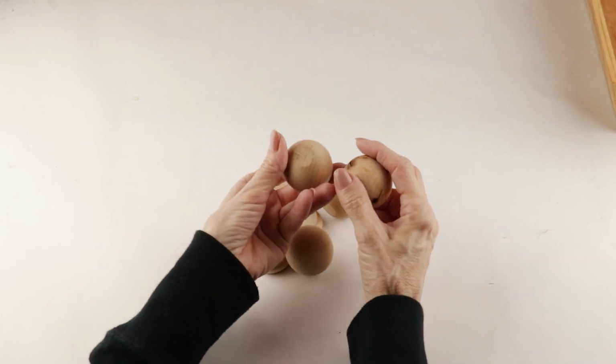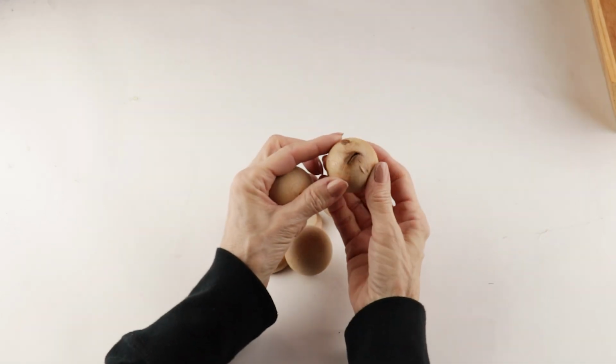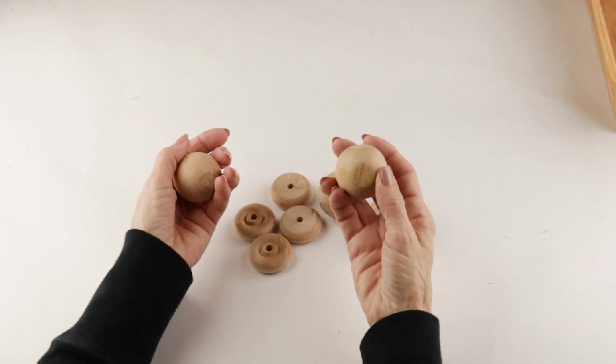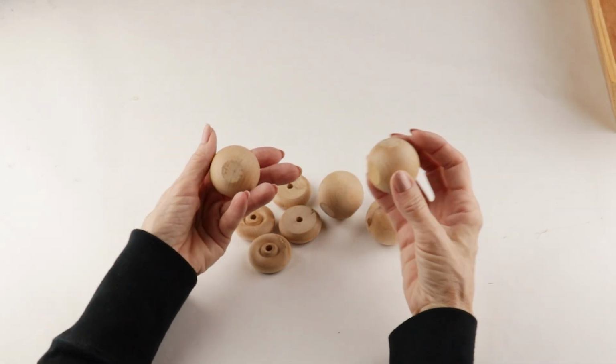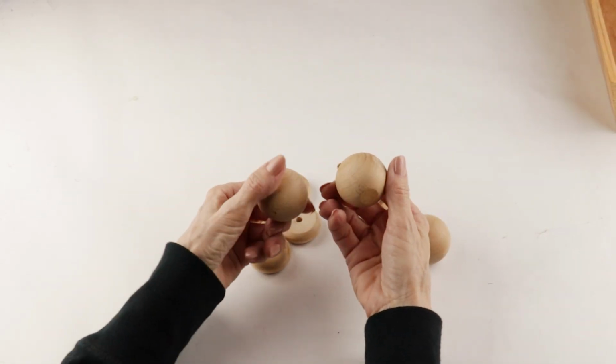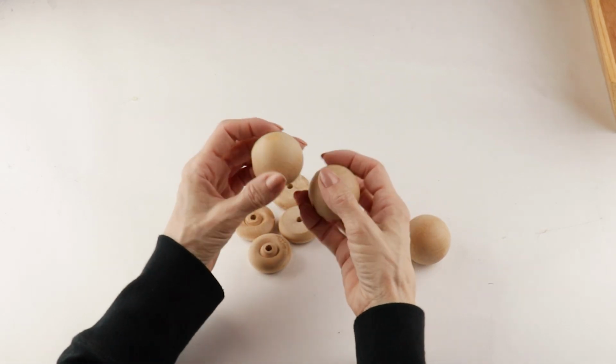I want to give the box some height, so I'm going to be adding some legs, and I found a huge bag of assorted wooden pieces at a yard sale, and I picked out 4 of these wooden knobs with 2 flat ends each, and then I'm also going to be using 4 of these